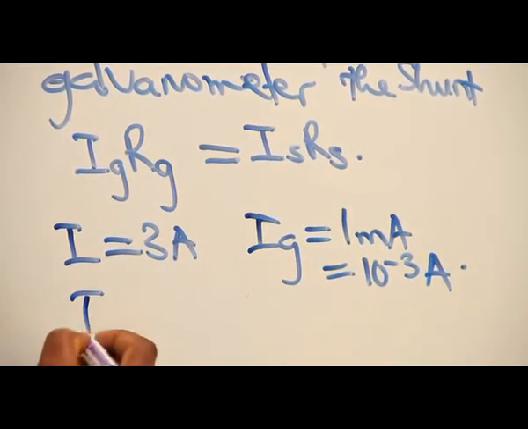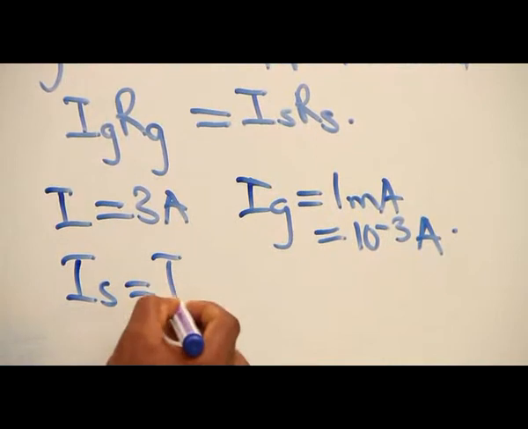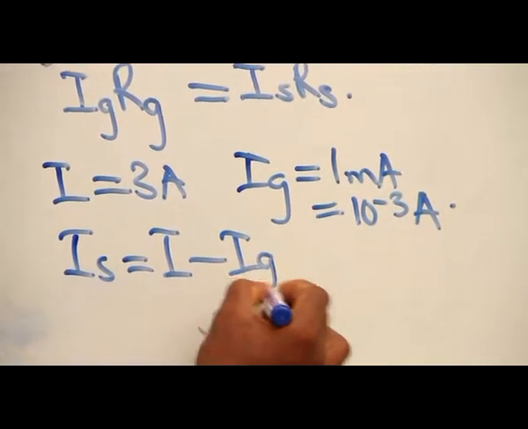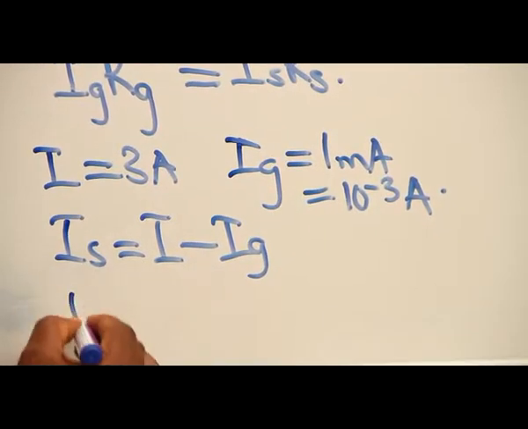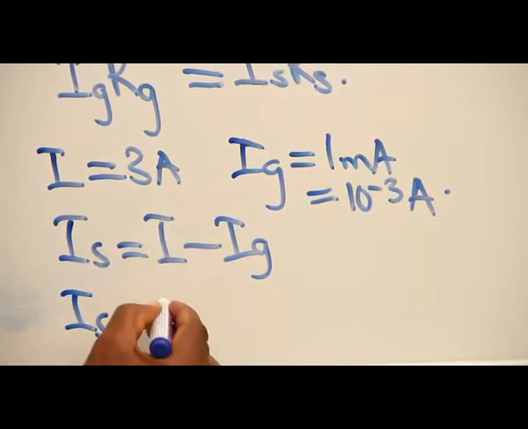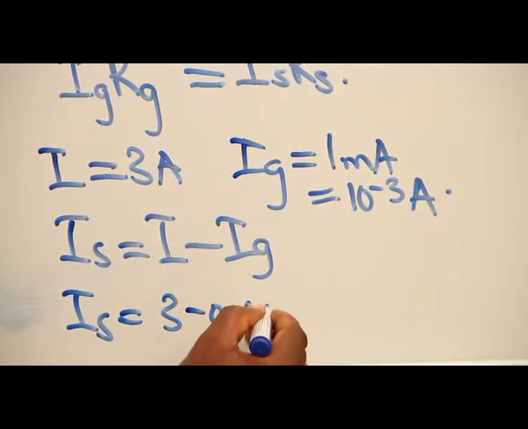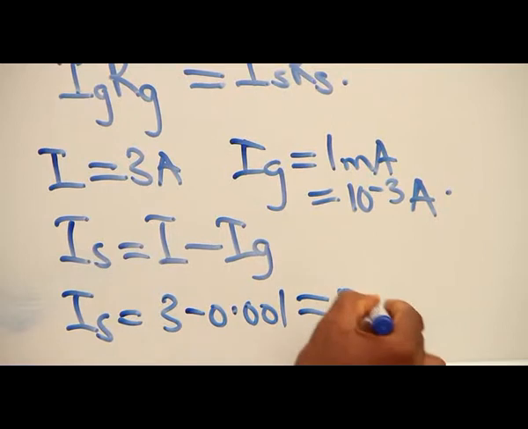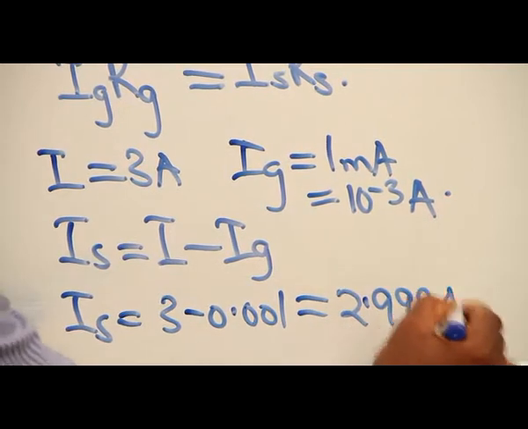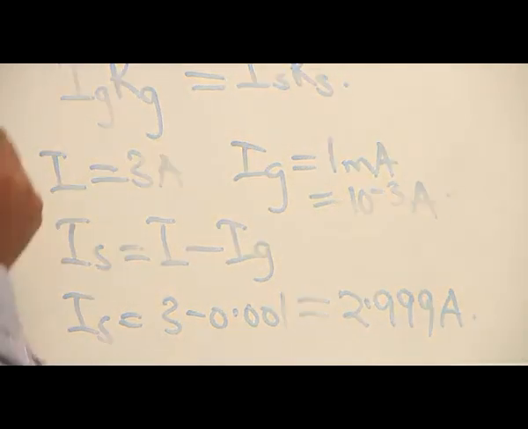The current going to the shunt is the total current minus the current going to the galvanometer. So the current of the shunt is 3 minus 0.001, which is 2.999 amperes. Therefore,